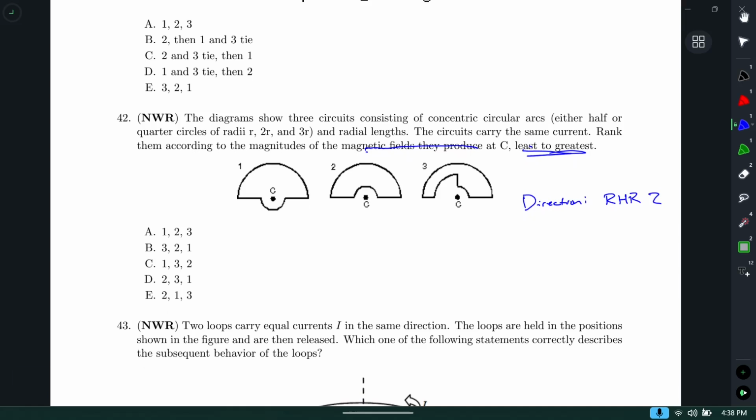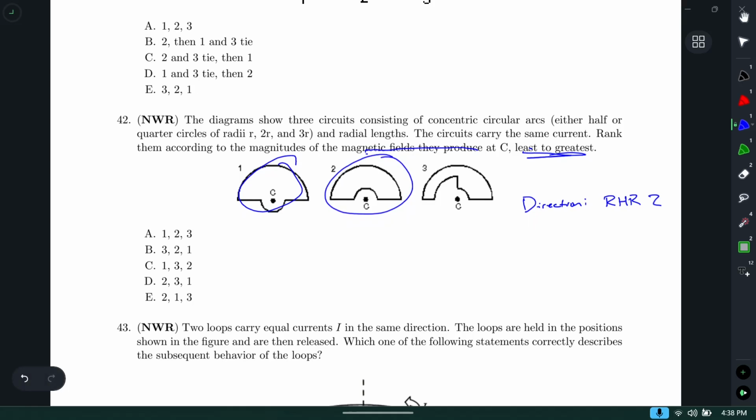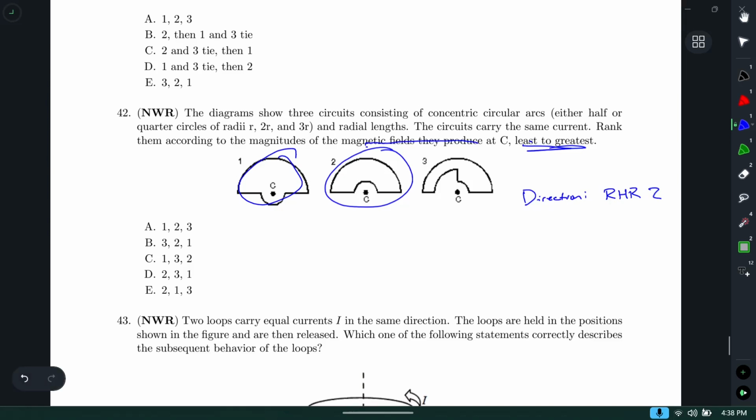So for this, we want the magnitudes of the magnetic fields these rings or arcs produce. So I know second right-hand rule. Now I can start thinking about the direction for each. But the next thing I would notice is even if I know the directions of the fields for each little segment, I'm going to maybe need to think about how strong those fields are, because I may have two fields point in the same direction for this one and for this one. I don't actually know that. I haven't thought about it just yet. But if that's the case, I'm going to have to whittle down a little bit more by comparing field strengths. So for that, it will be helpful to know that smaller arcs